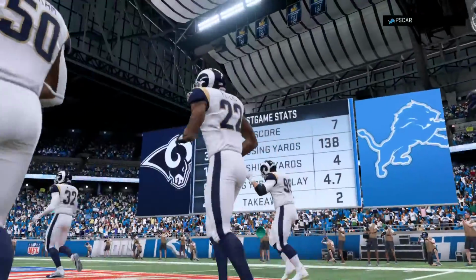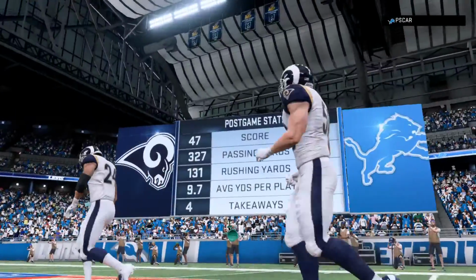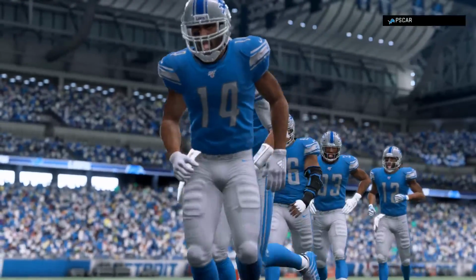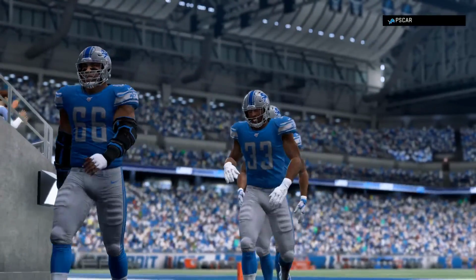So for Los Angeles, it's a fantastic start as they roll to a blowout victory here in the season opener. And they'll have another road date next week with the Miami Dolphins. Meanwhile, for Detroit,